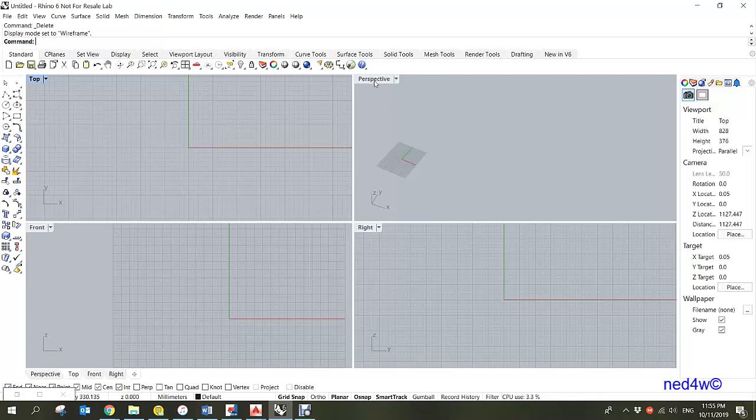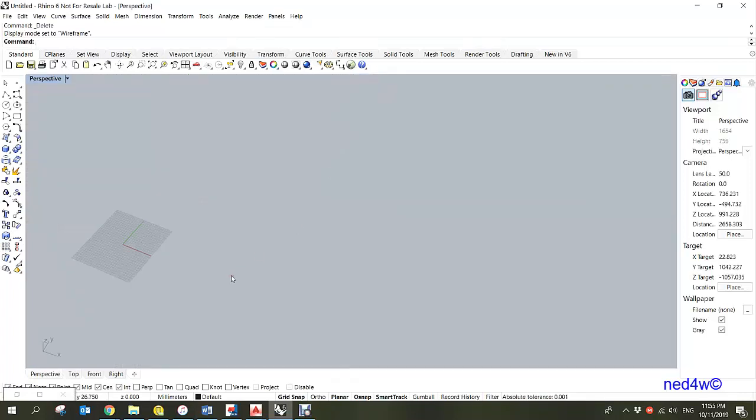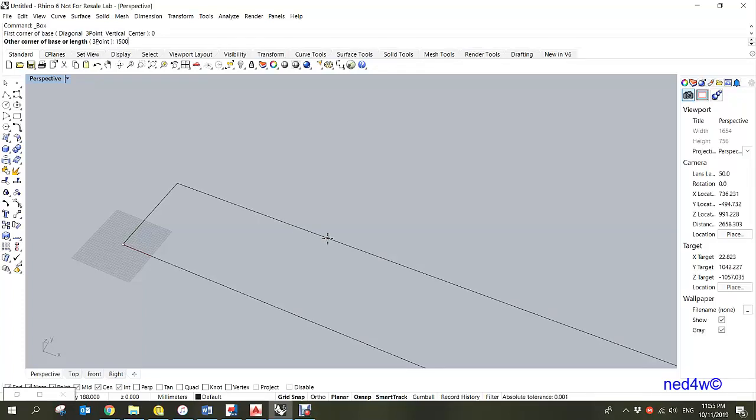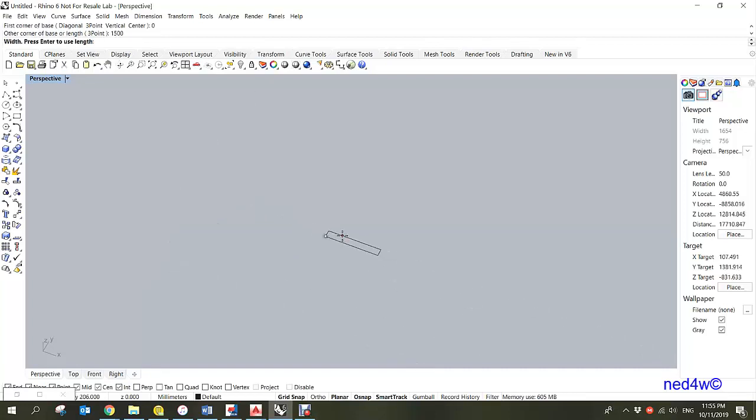So I'm going to double click on the perspective to maximize the view, and then I'm going to start adding a 3D object using this box. Select this box and then press 0 and enter, so that we make sure we start the pick points at the 0, 0, 0 position. Then move your cursor to the right and type 1500. That is 1500 millimeters, enter. Then type 1200,